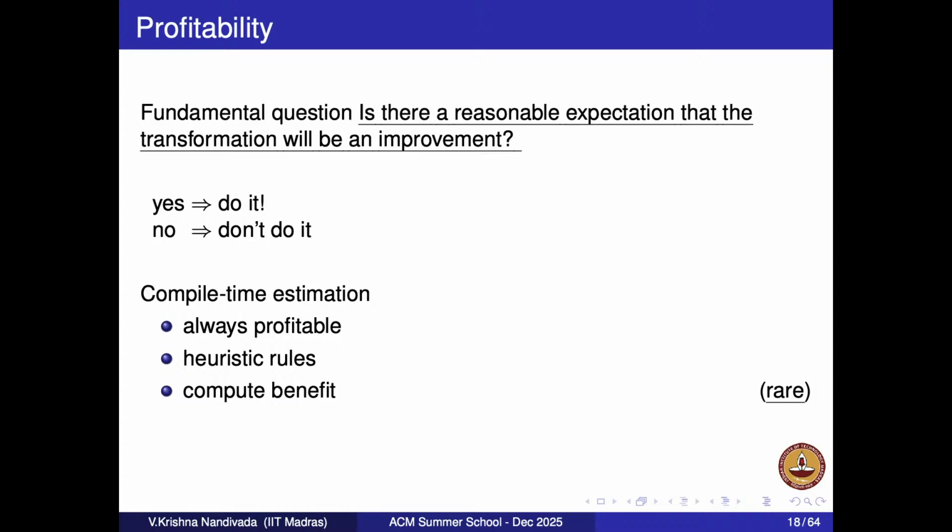There are also thresholds. If you inline a function, it increases code size. I can keep a threshold: if the code size increases beyond X% or Y bytes, I will not do it.